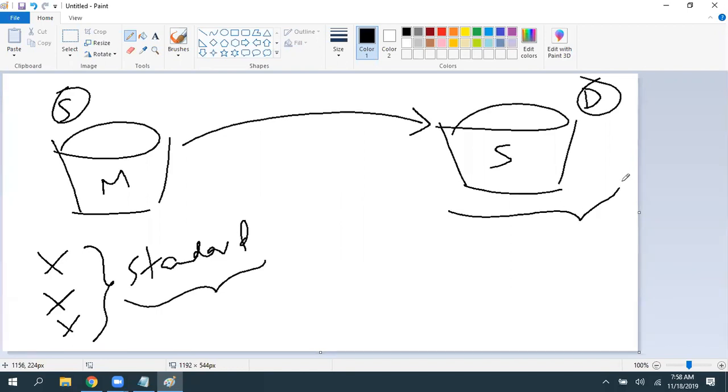Based on the access pattern, for example, it's just for backup purposes. I really don't want to access it on a daily basis. Only when this Mumbai region is down am I going to go to the Sydney region and access the data. But I'm not accessing it on a daily basis. So in that case, what is the best storage class to save some cost? Glacier, again I need to restore. I want data immediately when Mumbai goes down. Infrequently accessed, either standard infrequently accessed or one zone infrequently accessed.